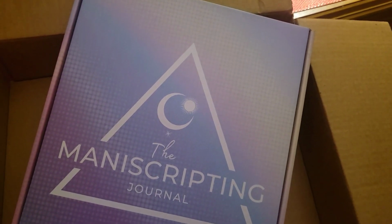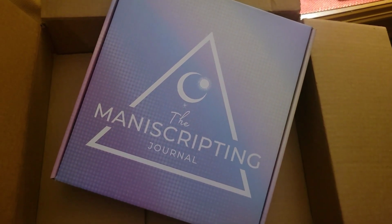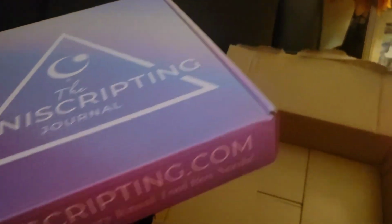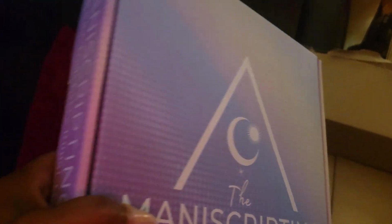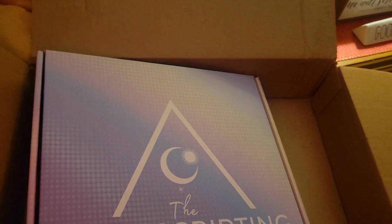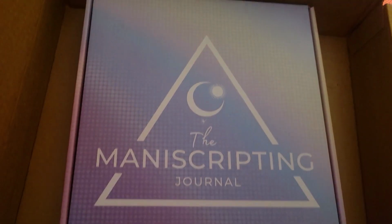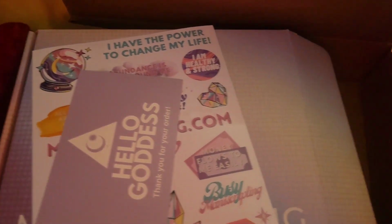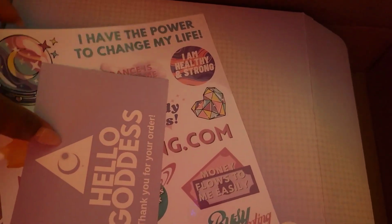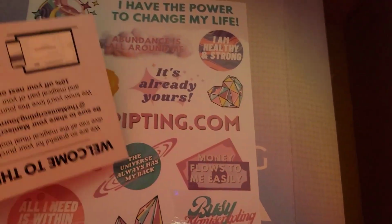So let me open it up because I can't do it with my hands on the camera. Oh my God, y'all, I'm so excited. The book comes like it's in its own little box. I haven't opened it yet. It's heavy. Oh my God, it's heavy. Okay, so let me see if I can open it up. I don't think I can with one hand. Okay, so I've taken the book out of its box, and this is what I saw first, which is